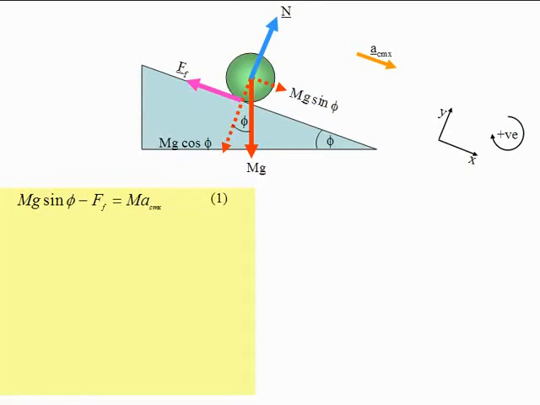That is on the left hand side of Newton's second law equation, and on the right hand side, as usual, we have the mass times the acceleration of the centre of mass. That's ACM subscript x, to indicate that it's in the x direction. Now we want the equation of motion perpendicular